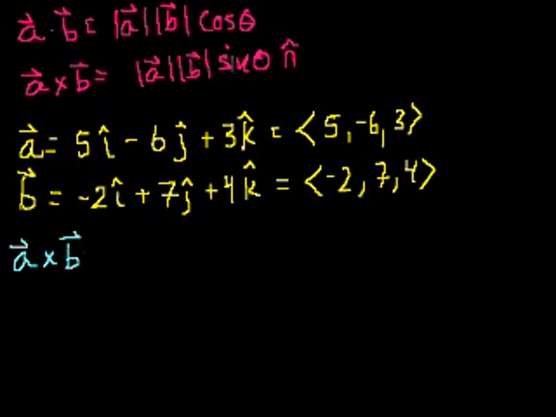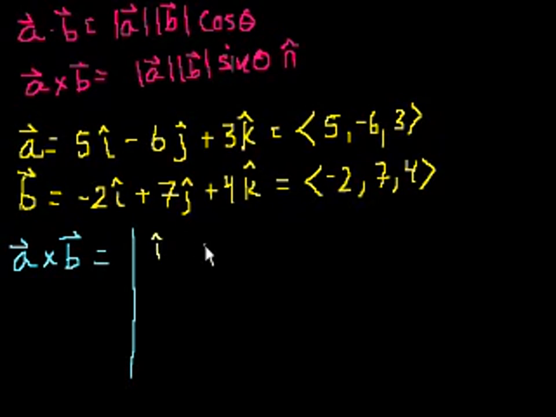A cross B equals... So this is an application of matrices. What you do is you take the determinant. So I'll draw a big determinant line. This is really just a way to make you memorize how to do it. It doesn't give you much intuition, but the intuition is given by the actual definition. How much of the vectors are perpendicular to each other, multiply those magnitudes, and the right-hand rule figures out what direction you're pointing in. But the way to do it, if you're given the engineering notation, you write the I, J, K